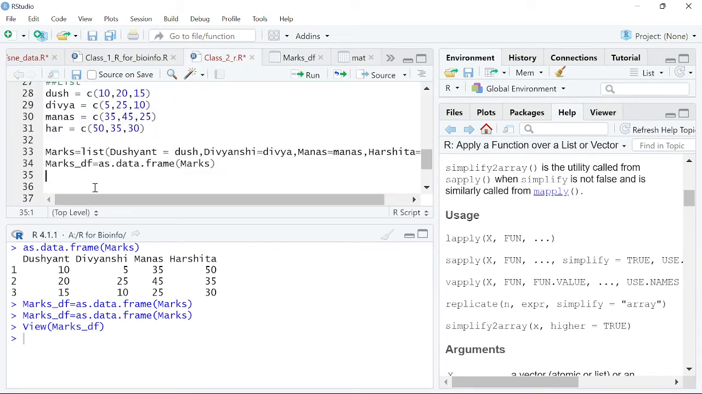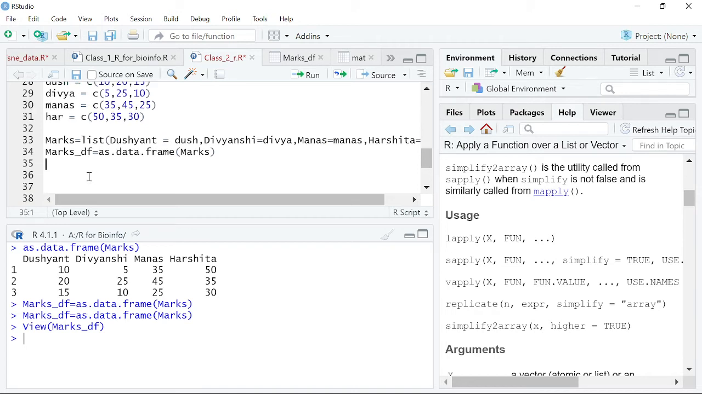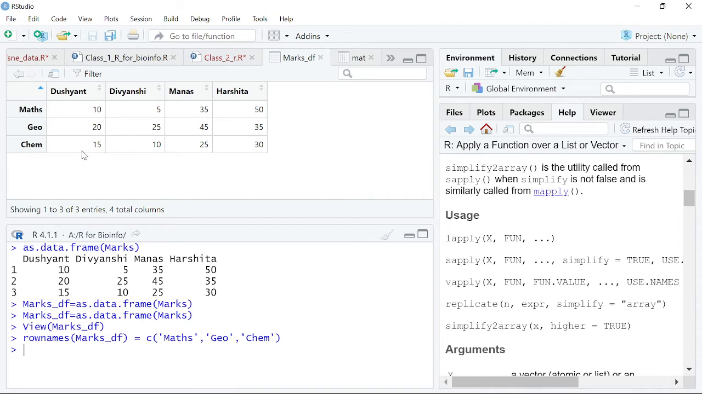Now what I'll do basically is that now I will rename the rows, ठीक है। तो ये वाला जो रो है मैथ्स का है, ये साइंस का है, ये केमिस्ट्री का है, नहीं साइंस और केमिस्ट्री थी, सॉरी यार, ये मैथ्स है, ये ज्योग्राफी है, और ये केमिस्ट्री है, ठीक है। तो row names, marks underscore df is c, maths, geography and chemistry, कुछ भी मान लो, अभी समझने के लिए देखो आप पहले, ठीक है।